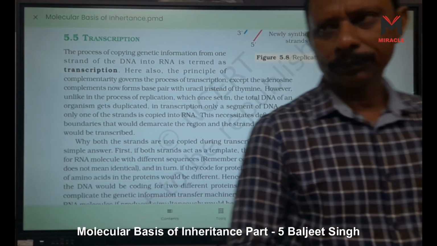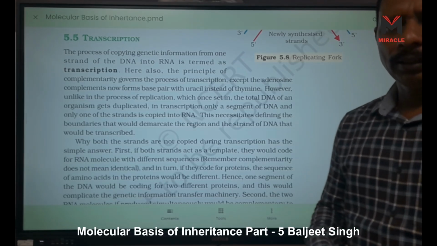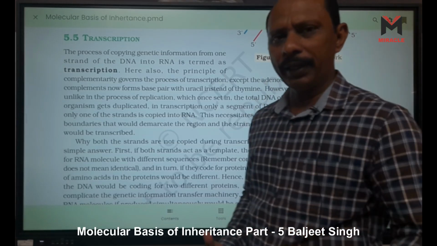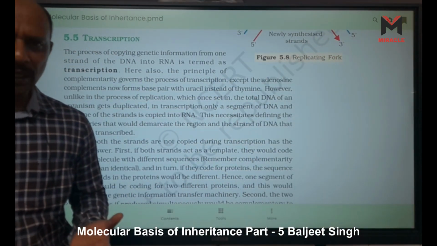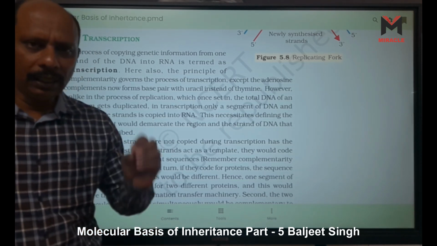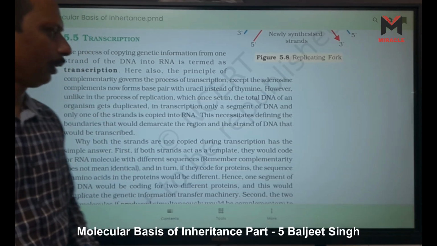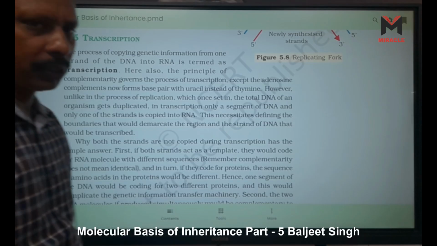Transcription. What does transcription mean? It is the formation of messenger RNA, right? That is called transcription. In the process of transcription, messenger RNA is formed with the help of DNA. It means DNA gives the code to messenger RNA, right? That is transcription. The process of copying genetic information from one